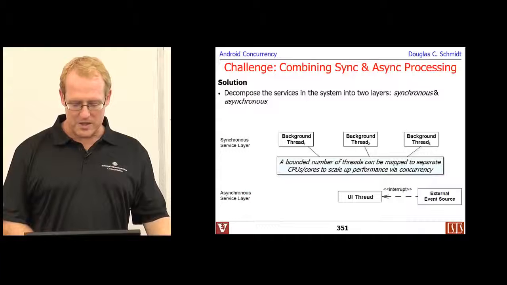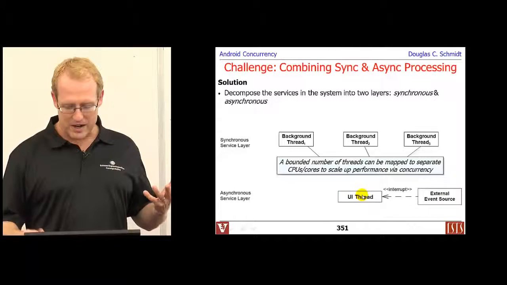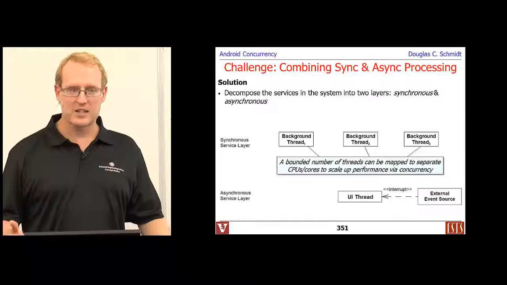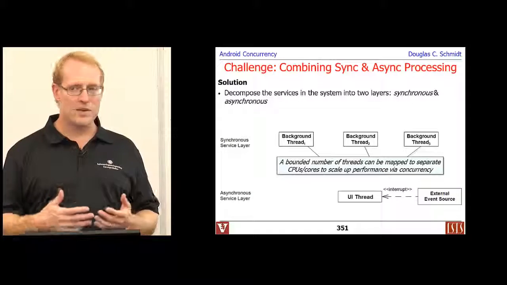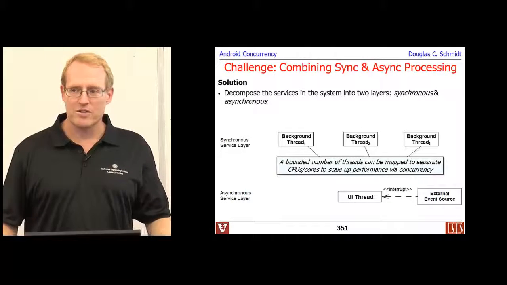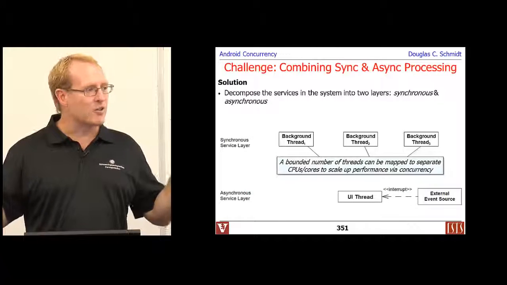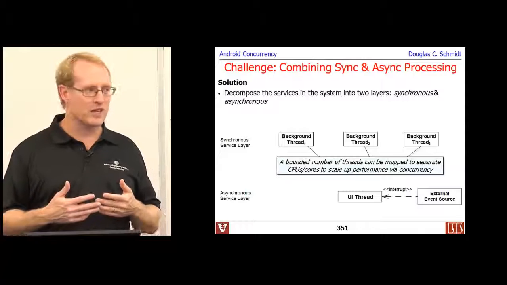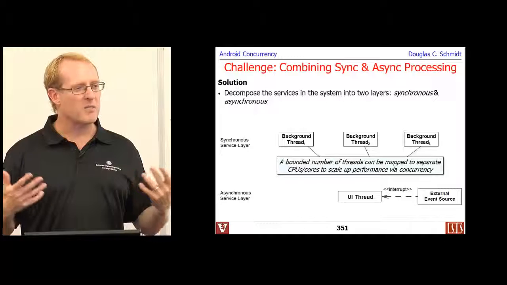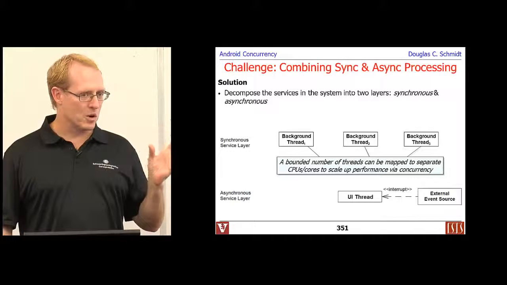So you can see here, for example, in our context of Android, the part that's doing the user interface interactions is going to be listening and waiting for data to show up from various things, like from a looper or from people doing touch events or other kinds of interactions you might have through various kinds of interface modalities. And those are asynchronous in the sense that we're not really going to block while they run. They need to run in a way that doesn't block. Non-blocking might be a better term than asynchronous, but the point is that you don't want to block that thread